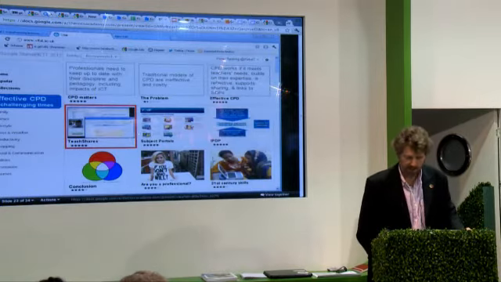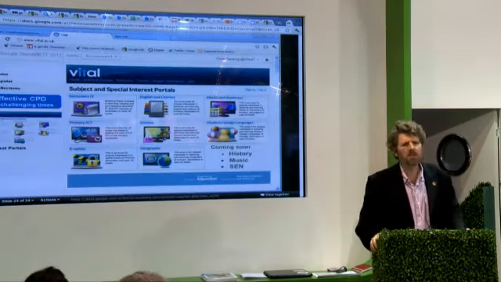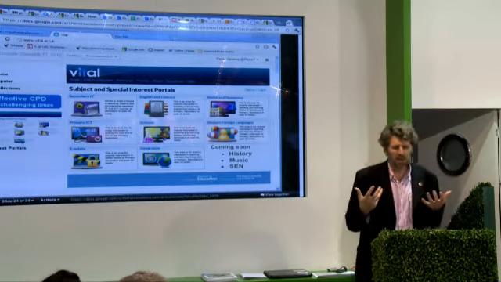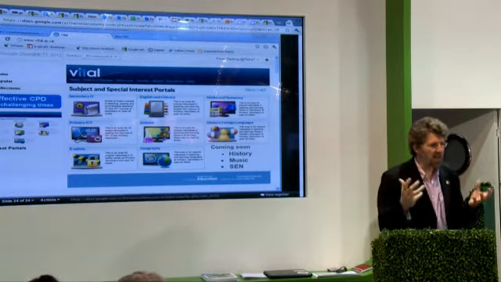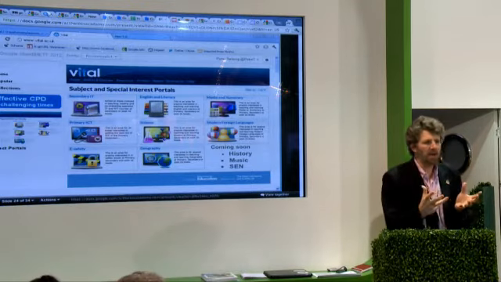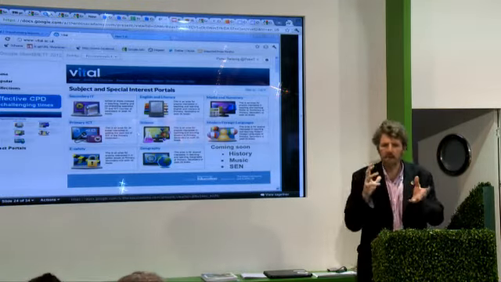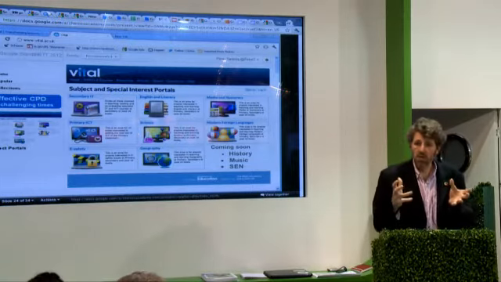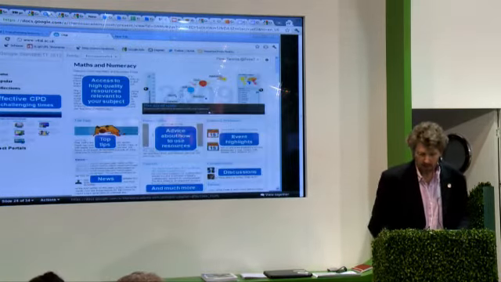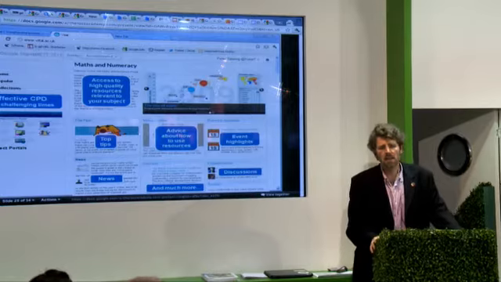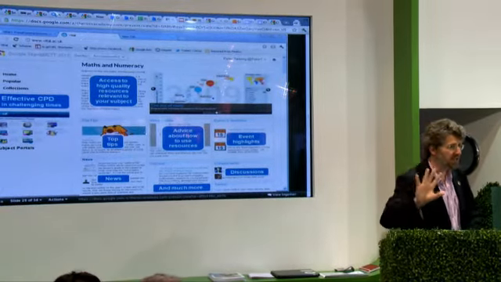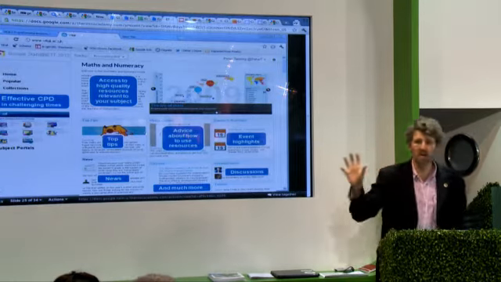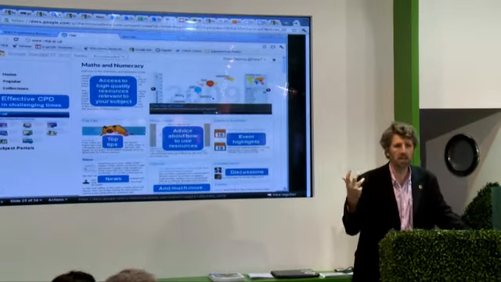So that's Teach Shares. We've got subject portals. These are built around the notion that communities of people with a shared interest in a particular part of the curriculum need to be able to get together, share resources, find resources. And what we provide, we recognise there's a lot of free stuff out there on the web. The challenge isn't that there's a lack of resource. The challenge is finding the really good stuff and knowing how to use it effectively.